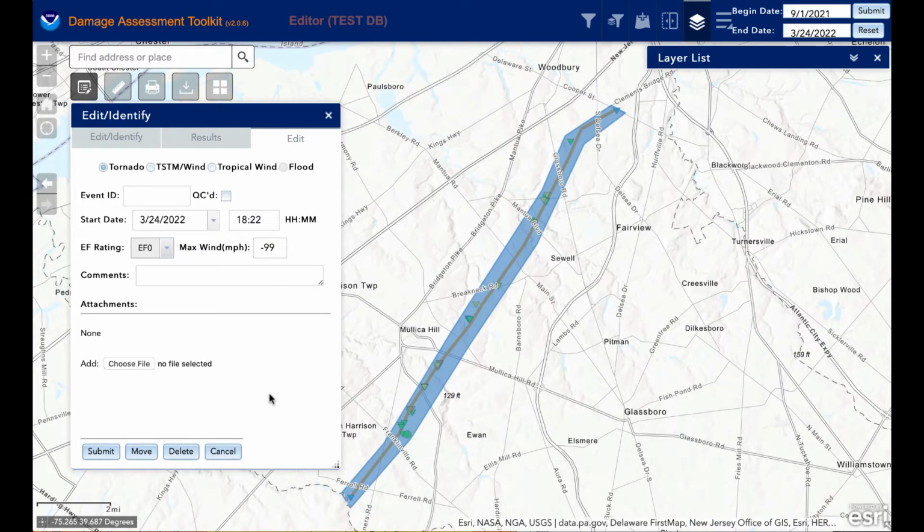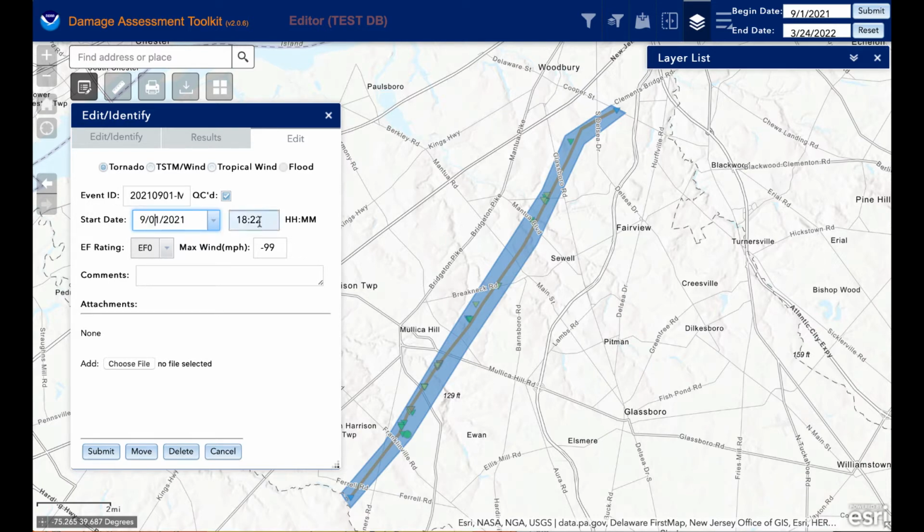So I double click at the end and I get the dialog box, and I'll put in 2021-0901, and we'll do Moloch Hill. I'm just going to put QC down here just so it appears with the rest of the points, but normally you would not do that initially until you're satisfied with the polygon. Start date. This is important because if you have a date range that's constrained a little bit more than what I have here, then you want to make sure that you pick the right date. So